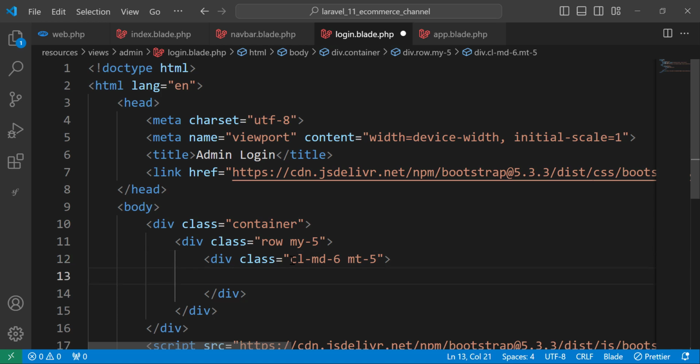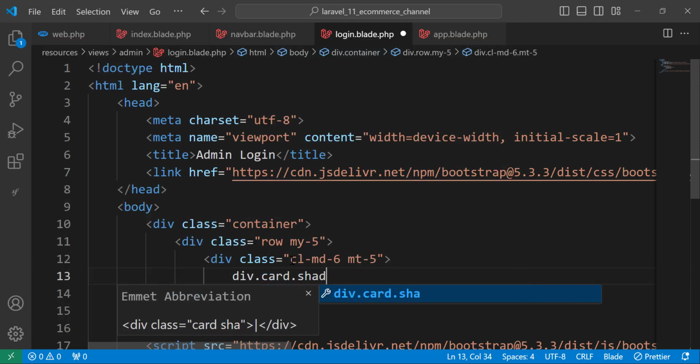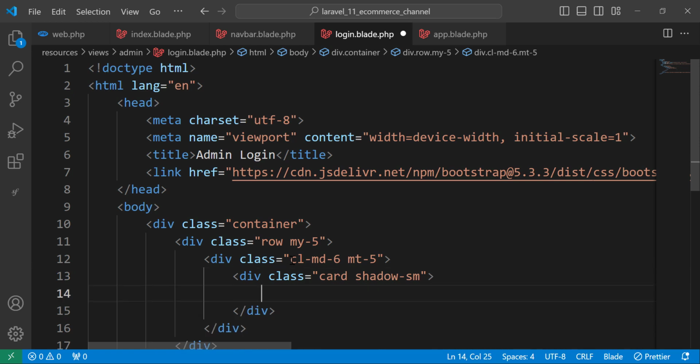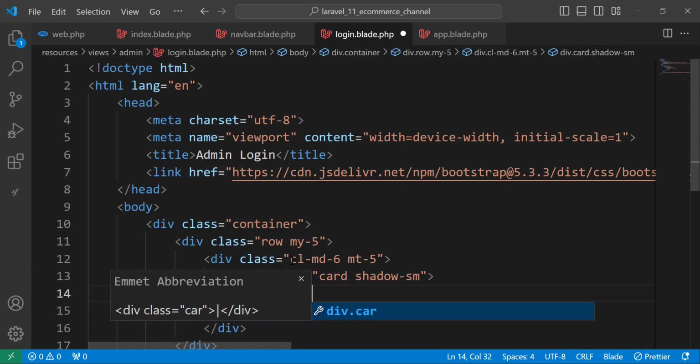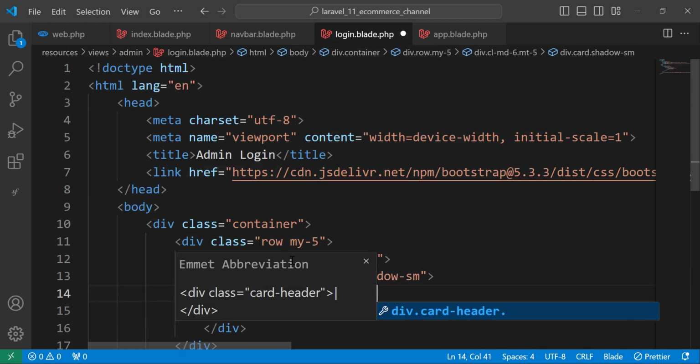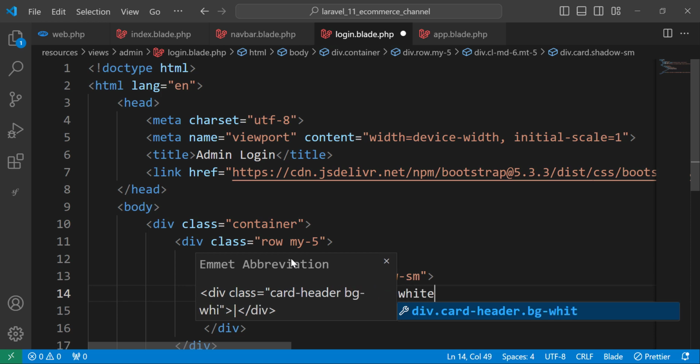And what else we need? We need to add another div with a card and shadow sm, and div with a card header and bg white, and text center,